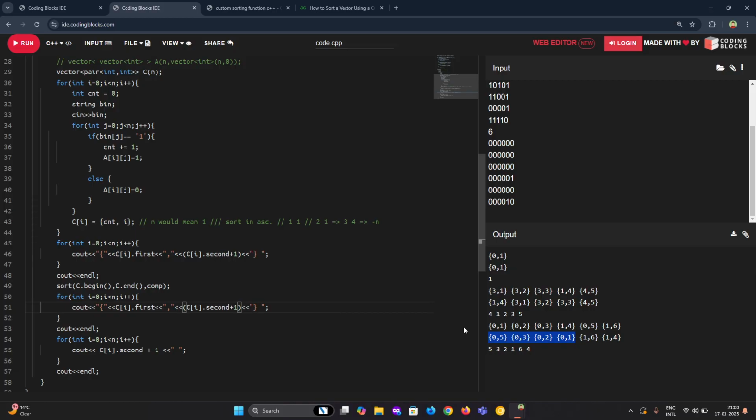No. 6, 5, 4, 3, 2, 1. But that's wrong. 4 has an edge with 6, but